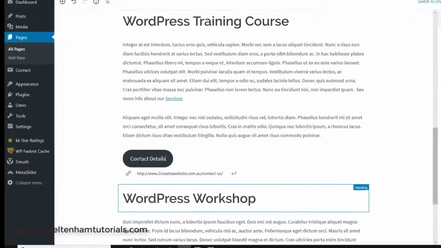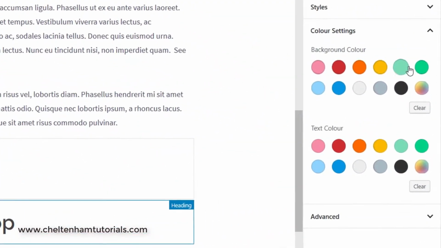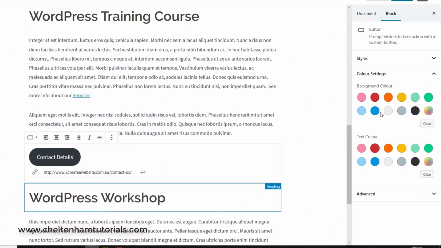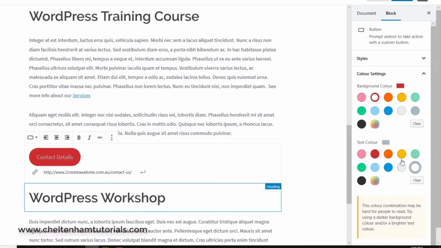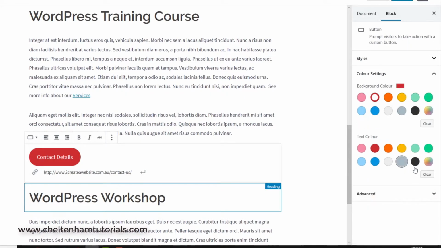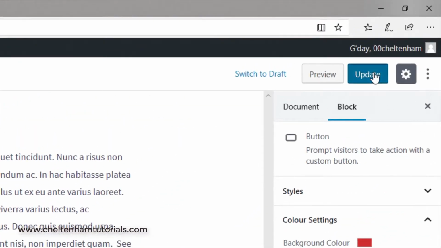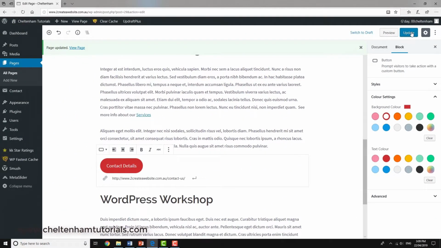Something like that. Over here, if I want to, I can change the background color and the text color. So let's say I wanted the background color of red, and let's say I wanted to alter the text color. Probably best to go the white because it kind of stands out. That'll probably do. So if I go and update this, and then if I bring up the home page and go and look at it,